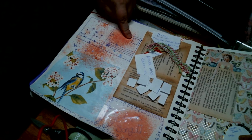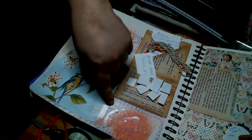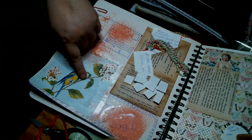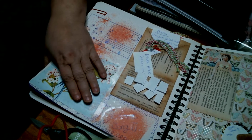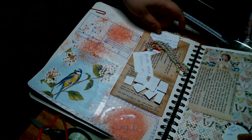That's my postcard that I drew. That's just some doodles. And it says love song because there's my bird. That's a napkin. We had to write a menu,